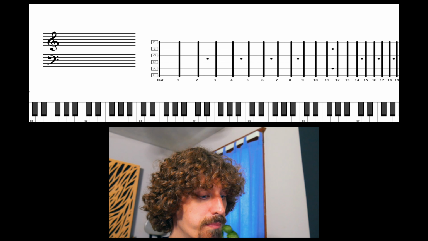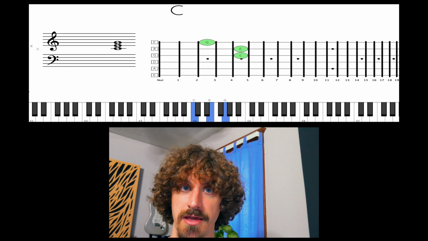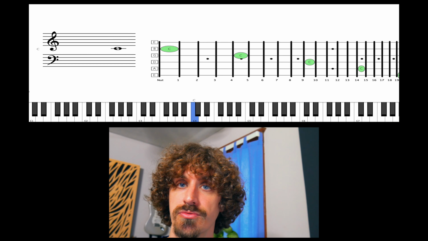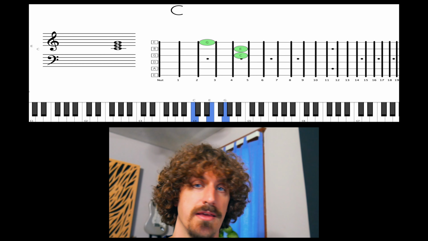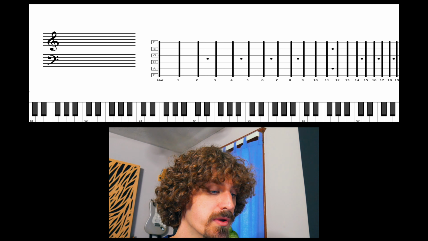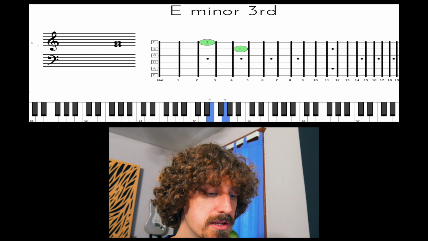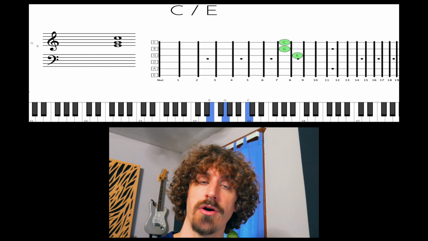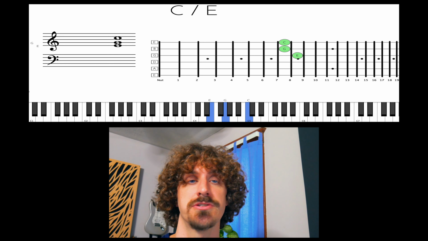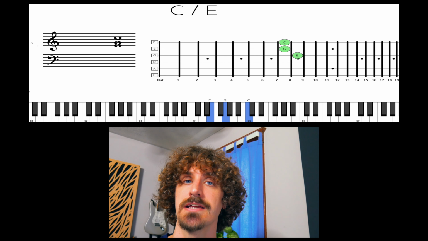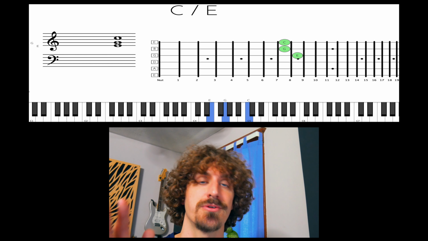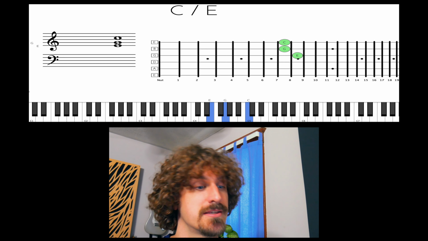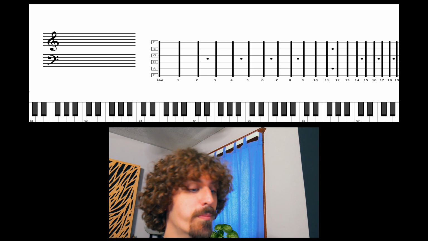So if we are playing a C major triad, right? You would have C, E, G, so the root, third, and fifth, but we don't have to always play it that way. We can play E, G, and C on top, right? And that is specifically what is called a slash chord, as you can see in the chart here, C/E. So that's why they call it a slash chord. The slash, it's not because of Slash from Guns N' Roses, although he certainly plays slash chords a lot, but